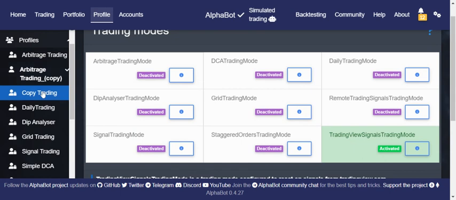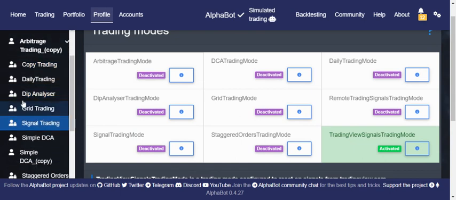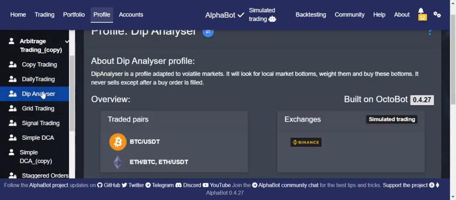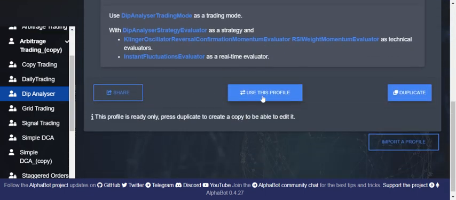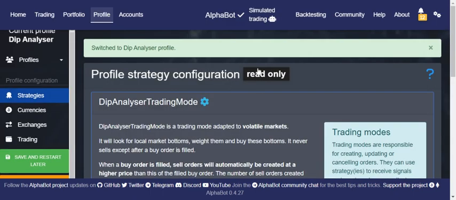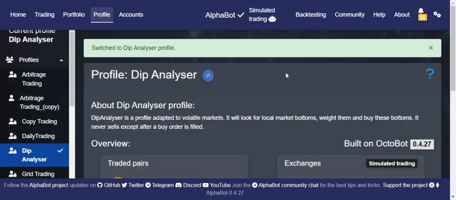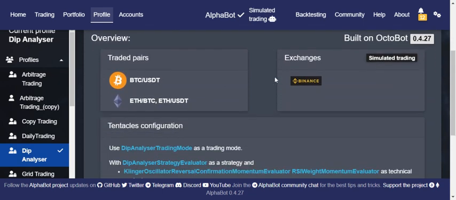So if you want to use the strategies, let's say you want to use dip analyzer. If you click on it and you want to use this profile, if you click on use this profile, it will show you this profile is read only. Okay, so if you want to use this profile,